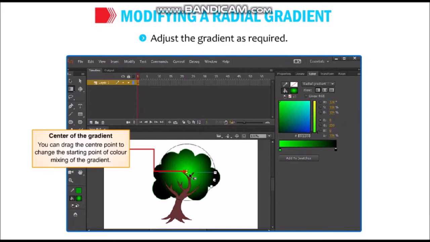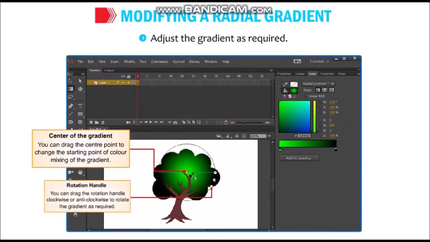Center of the gradient: you can drag the center point to change the starting point of color mixing of the gradient. Next, rotation handle: you can drag the rotation handle clockwise or anti-clockwise to rotate the gradient as required.